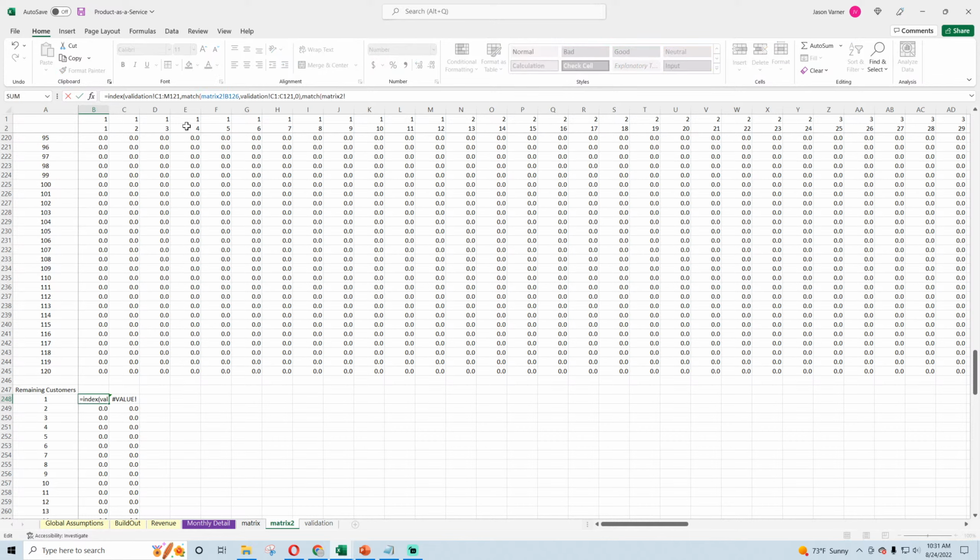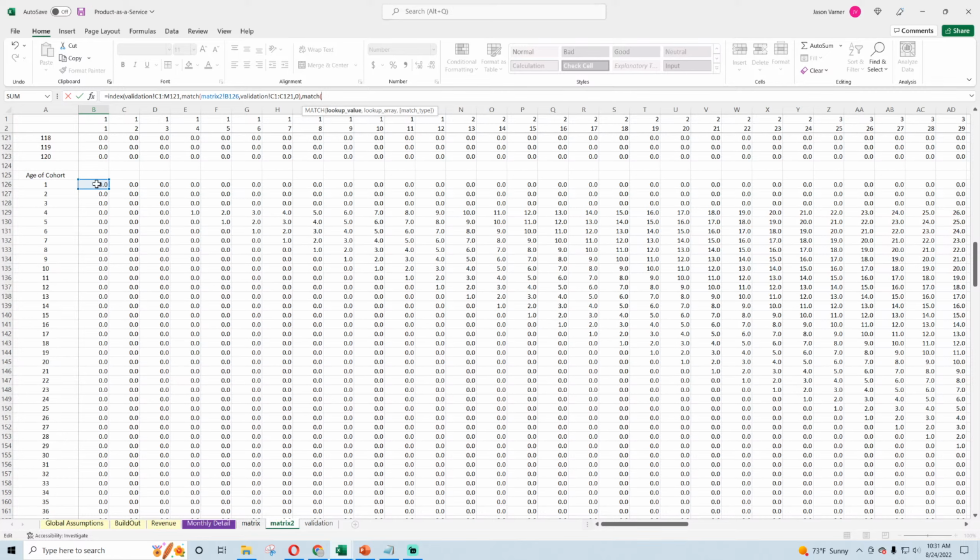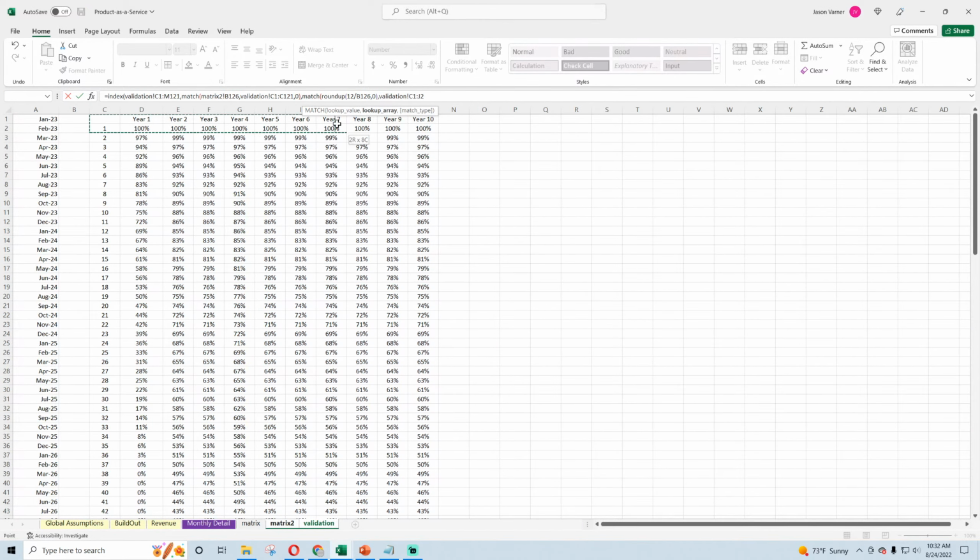I can say match, and my lookup value for the year is going to be the age in years. To get that, we do round up 12 divided by the age, comma 0. So that's my lookup value, and then I'm looking up that value against the year number here and 0.